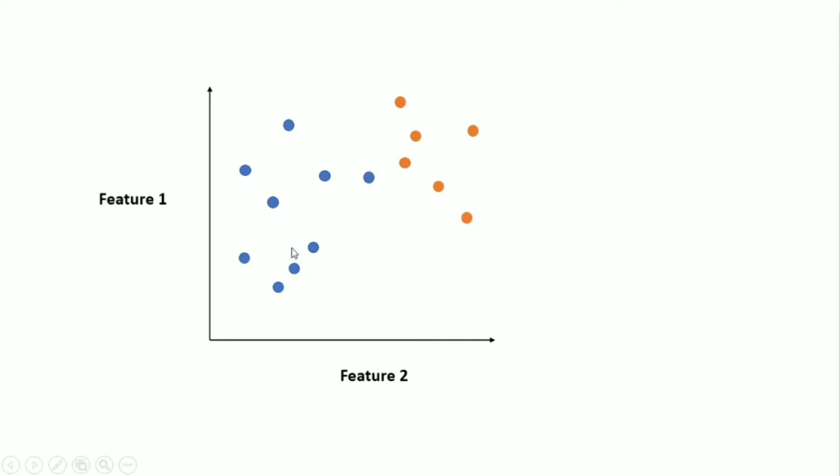You can understand that there is a distinction between these data points: some data points are blue and some are orange. So we can draw a line here to separate or divide them. Let me draw that line. This is a line which can be drawn between these data points. This line is called a hyperplane. In this algorithm, we use a classification line called a hyperplane, and it divides the two classes of data points.